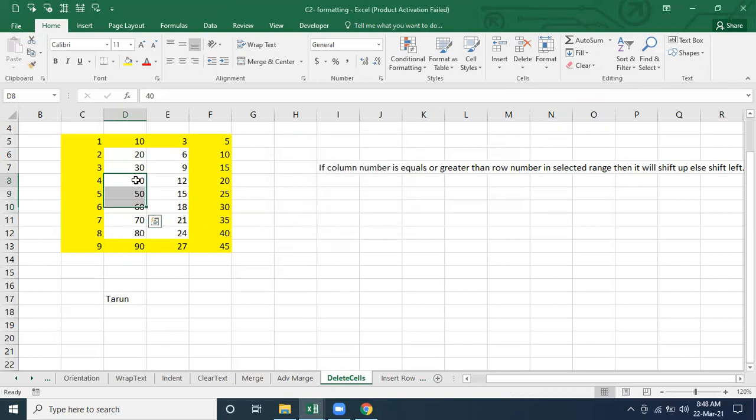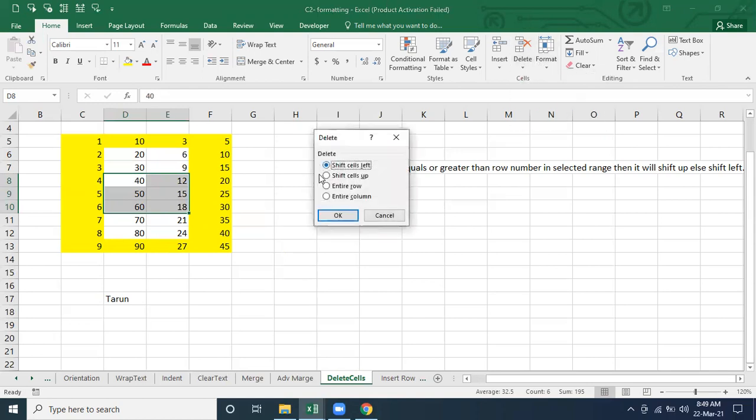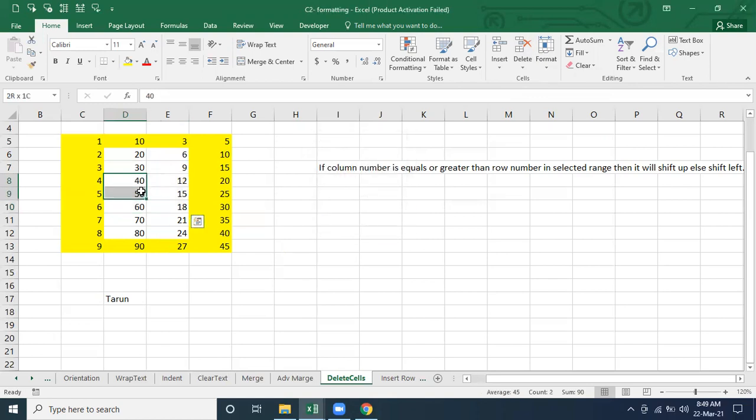And now if I select this one, where is it going to sit? What will be the default option? Left or up? Because we have more rows and fewer columns, it is going to be left, right? Yeah, exactly. Left only. Just see here, the default one is left. If you are not happy with the left, then we can select. So based on our selection, that one is getting changed.